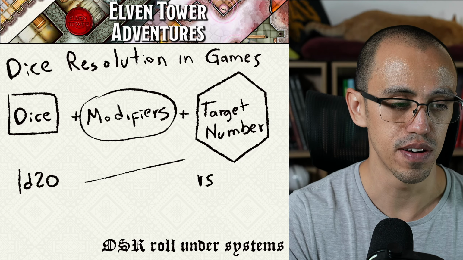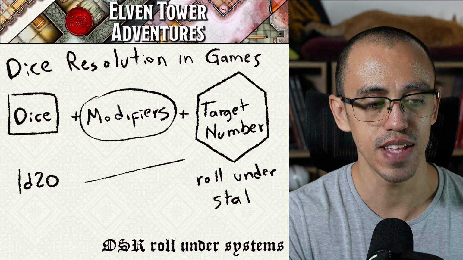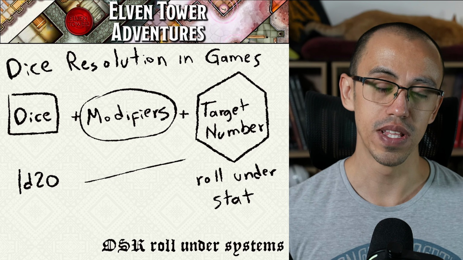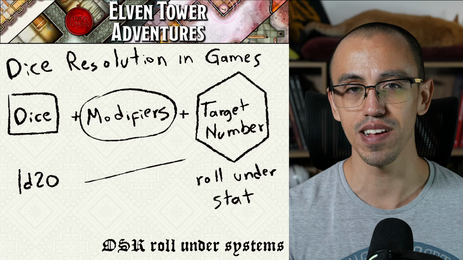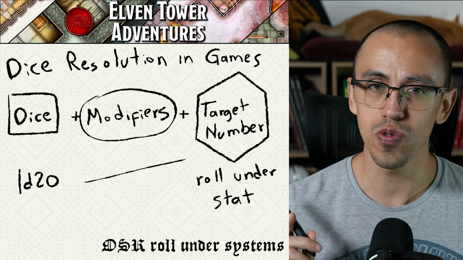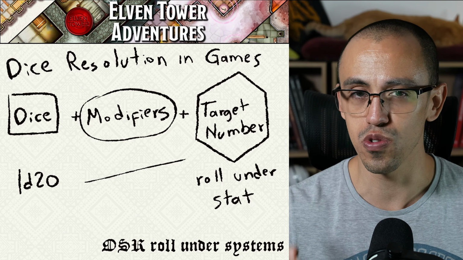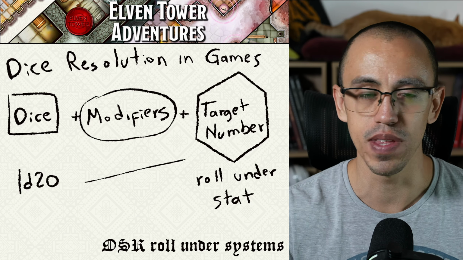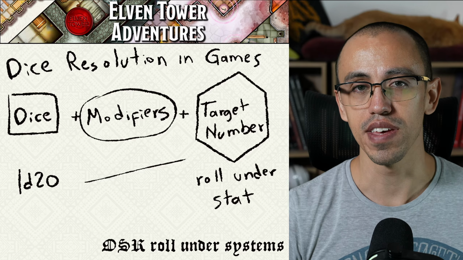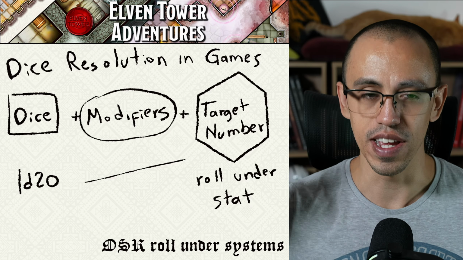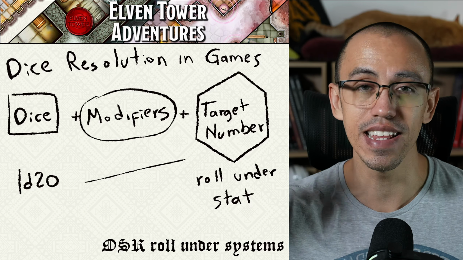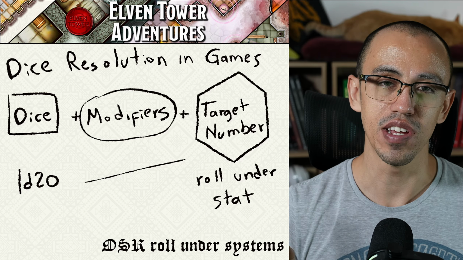So I'll write here, roll under stat. So this is similar to the percentile system of Call of Cthulhu, but instead of having a number in a skill, this is your stat and you have to roll under that. In most of these games, when you create your character, as usual, you roll 3d6 straight up from the top down, and whatever you have are your stats. That means that the higher your stat, the easier it is to roll under it with a d20. And the higher it is, let's say a 16 or an 18 in intelligence, the easier it is to roll